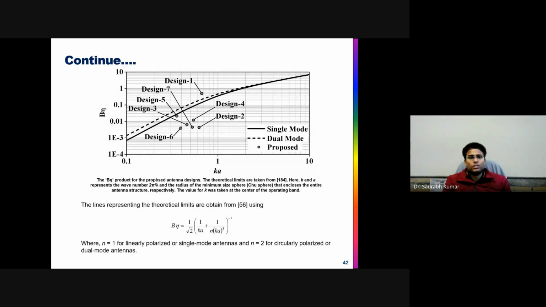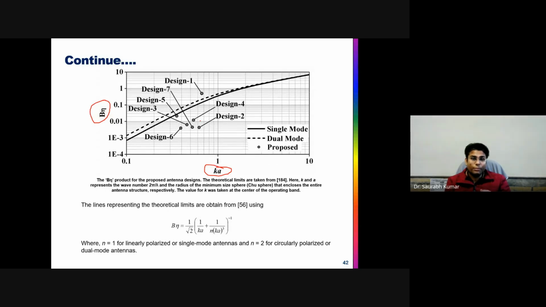So this is the theoretical limit, where you can see the single band and dual band theoretical limit that lies with the logarithm scale of the dimension of the antenna ka, where k is the wave number and a is the maximum linear dimension of the antenna, and this is the beta n, the bandwidth and efficiency product. So whether all these designs are over the theoretical limit, or approaching the limit, or diverting